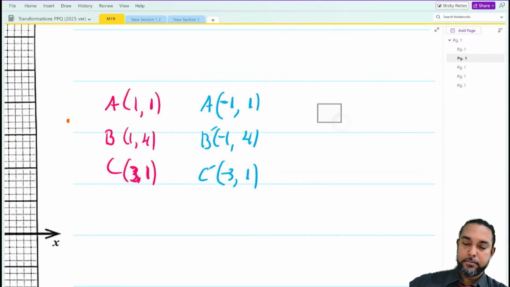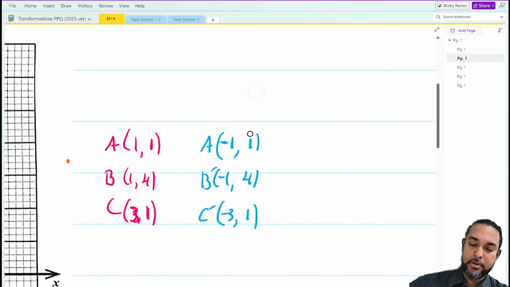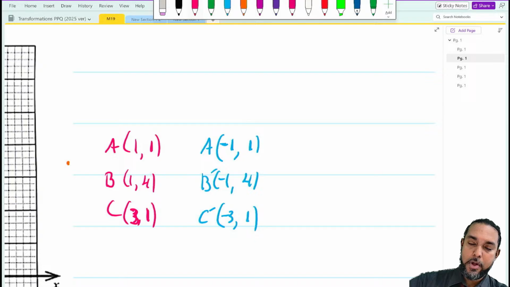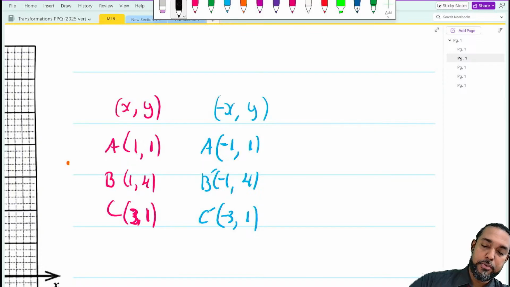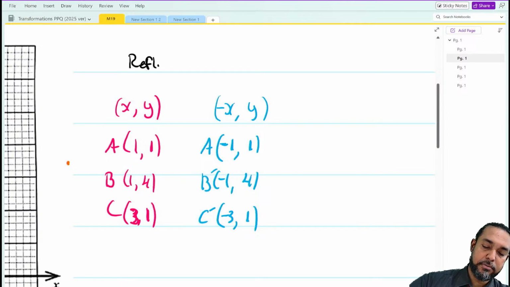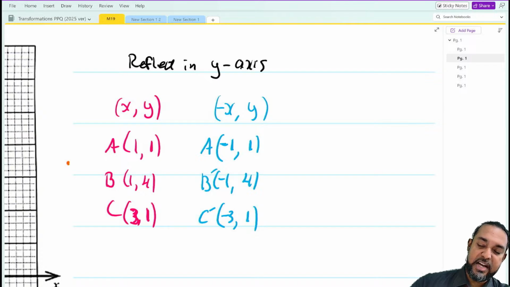All right, so tell me something. Are these sets of coordinates similar or different? And if so, in what way? So if you went from x, y, what would the corresponding thing be across here? The x would be negative, but the y would be positive. So when you reflect in the y-axis, what changes? The sign of the x coordinate. What stays the same? The sign of the y coordinate. And they also stay in the same relative positions. We don't have any x and y shifting where they were, right?